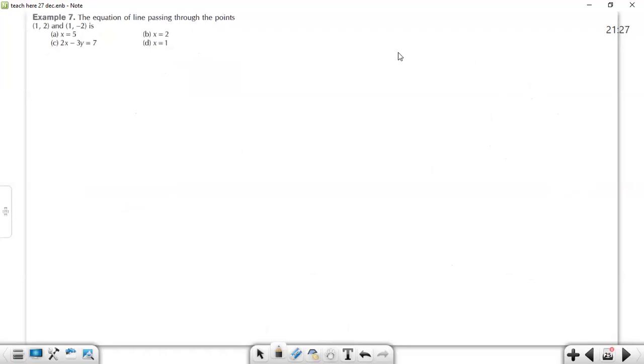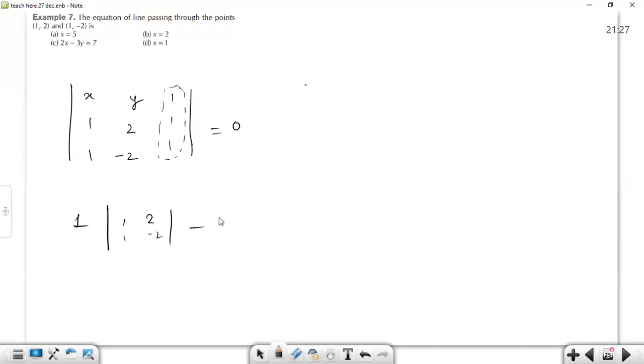In this question, we have to find the equation of a line passing through the given points. For any equation with general variables x and y, the determinant with the third column of ones is going to be 0. Now the vertices are (1, 2) and (1, -2). Solving this, taking the third column to expand: 1 into the determinant of 1, 1, 2, -2, minus 1 into the determinant of